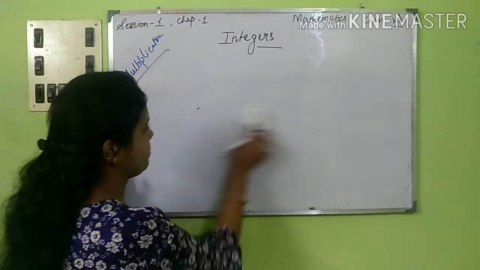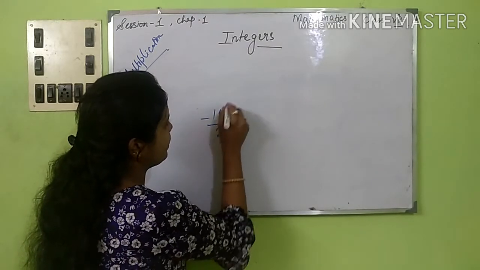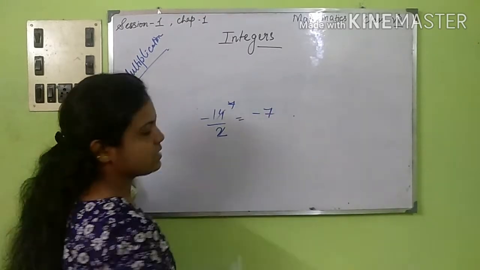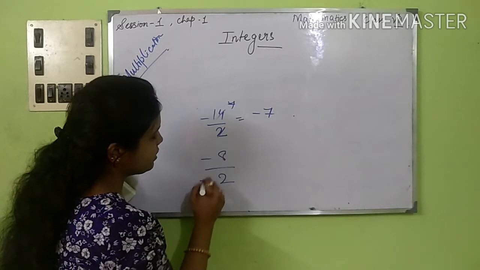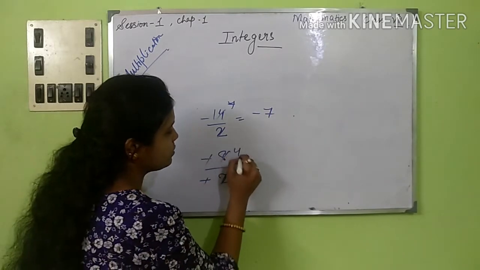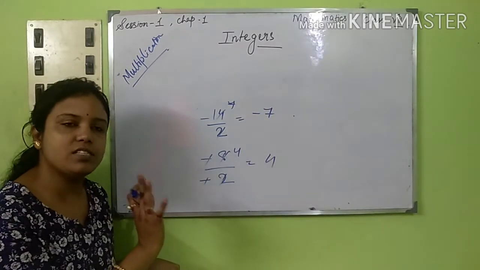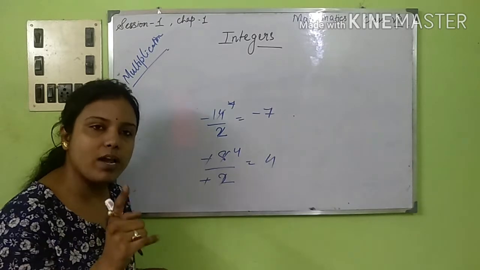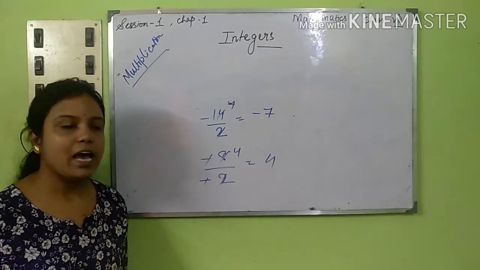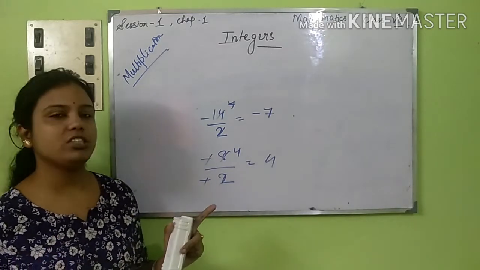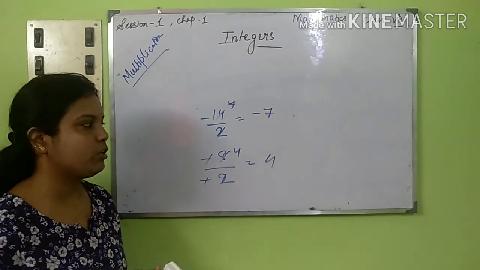Then coming to the division part. Suppose minus 14 by 2. You are dividing it, that is, you are getting minus 7. This minus will stay. Again, minus 8 by minus 2. Minus will cancel. 2 fours, the answer will be plus 4. If two signs are there and there is a division sign, minus will get cancelled. If only one is there, obviously the minus sign will persist and remain over there. I hope, class, those who are watching the video right now, it should be very clear to you with all this. Next, coming to the simplification part.